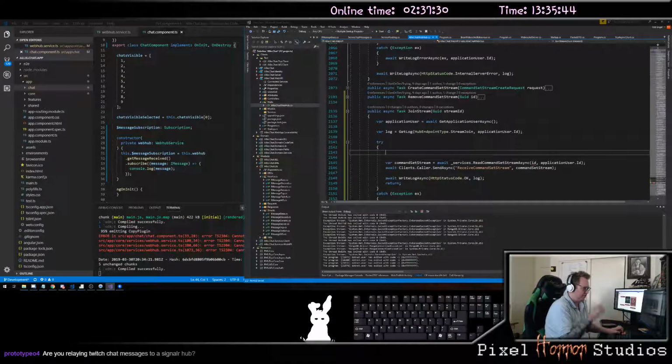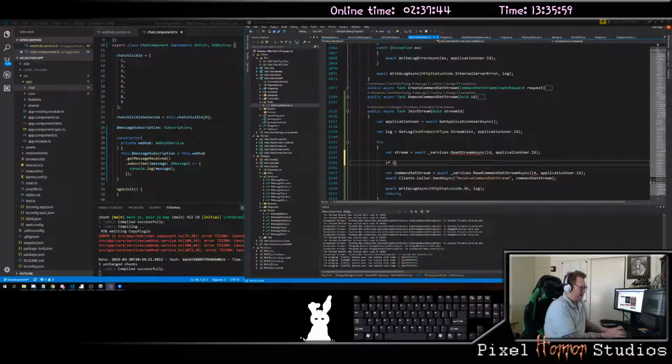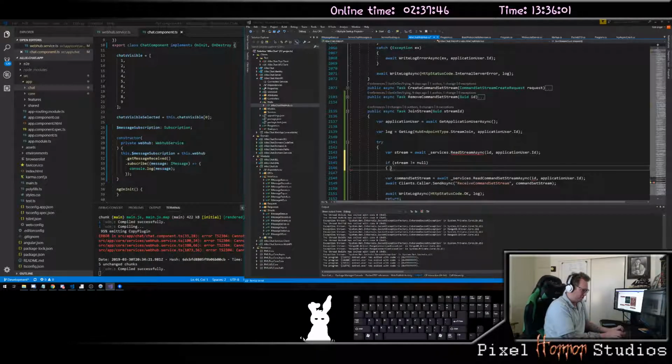And all I'm going to do here is var stream equals await services.ReadStreamAsync of my ID and my application user.id. And then if my stream does not equal null,